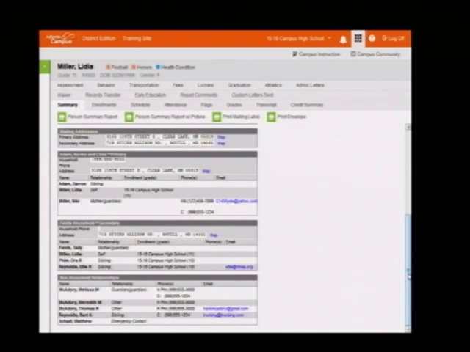At the very bottom, you notice that there are non-household relationships. So these are folks who actually do not live with the student, but have some sort of affiliation with them. This could be a doctor, a social worker, an emergency contact, a grandparent, go down the list. But the idea is to provide as much information about this student on one page.